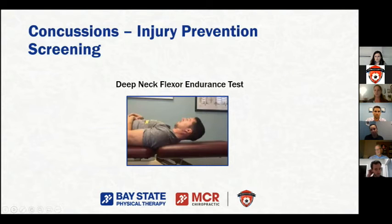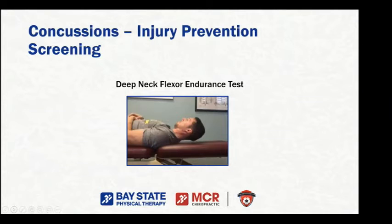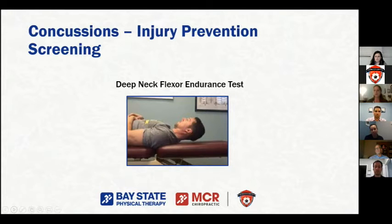The main focus is the shoulders are flat up against the surface, whether it be a table, or you can even do this on the ground. And what they do is they do a nice chin tuck, and then they lift their head up off that surface. The goal is for them to be able to hold it consistently. For a female athlete, roughly around 30 seconds is what we're looking for. And for their male counterpart, about 40 seconds. We really want to see that nice strength, because not only will their neck strength be able to help with that mechanism of injury, the whiplash that we get for concussions, but it'll also help dampen that